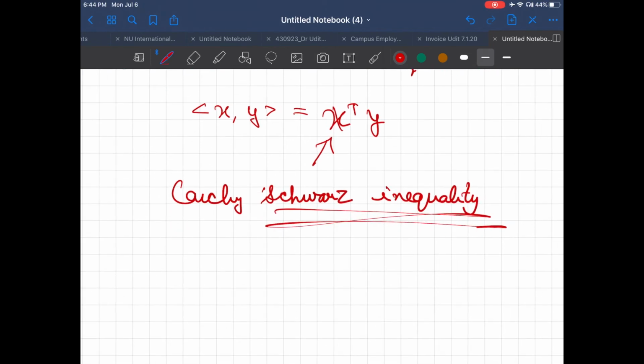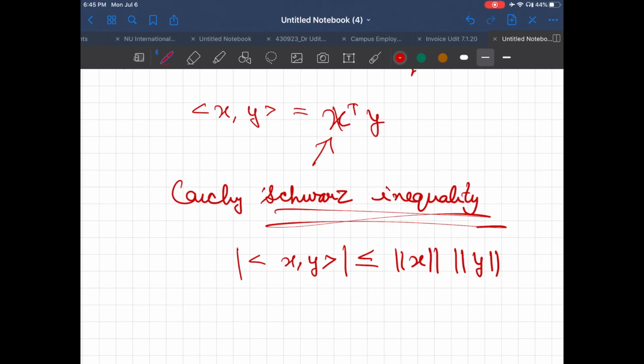Similar to the triangular inequality, we can state that if we take two vectors x and y, take their inner product and its modulus, it has to be less than or equal to the norms that we define individually on x and y. And this gives us an interesting point, that is how we can define the angles between the two